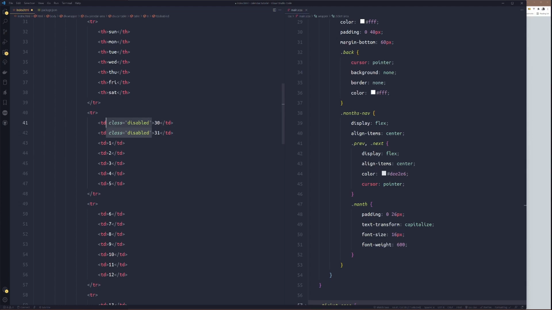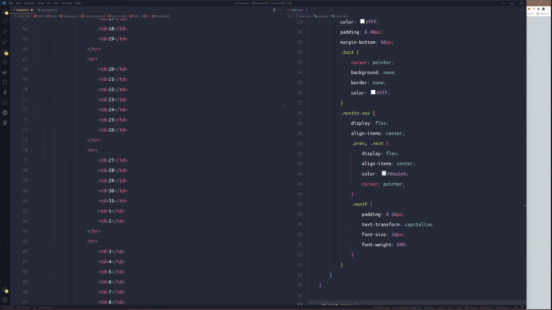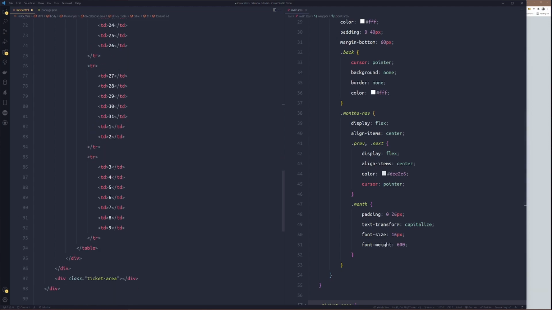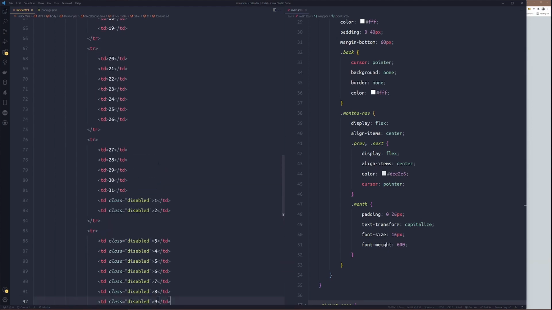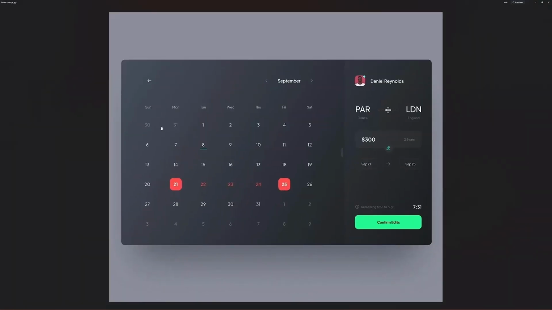So I'll copy this class now, and I'll give it to the ones from the first row, 1, 2. To select multiple, I'll just press control for Windows. For Mac, I think it should be command. So you click down, then I'll paste everything together. So when we style this disabled now, we'll get this grayed out color.